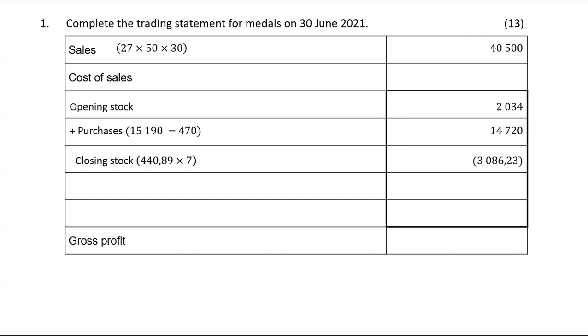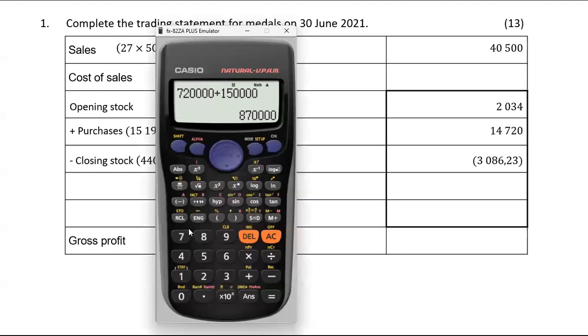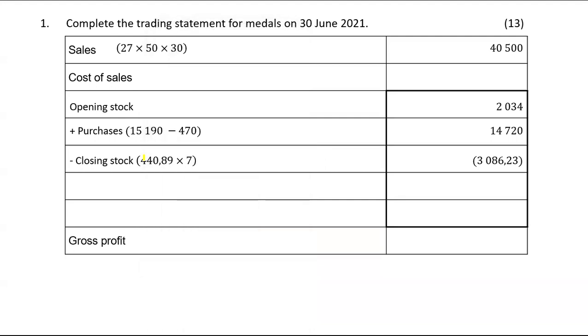3,086,23. To calculate the value of your closing stock, you will take 2,034 and you add 14,720, and then you subtract 3,086,23. So let's see, it's 2,034, you add 14,720, and then you minus 3,086,23, and that gives the cost price of all boxes sold, which is the cost of sales. Cost of sales is simply all boxes sold, only